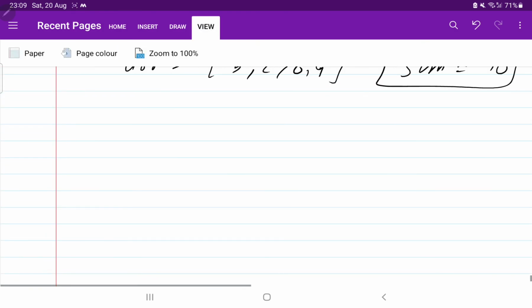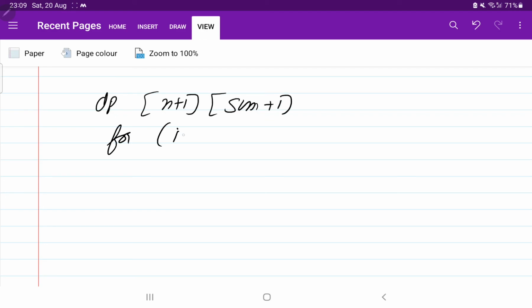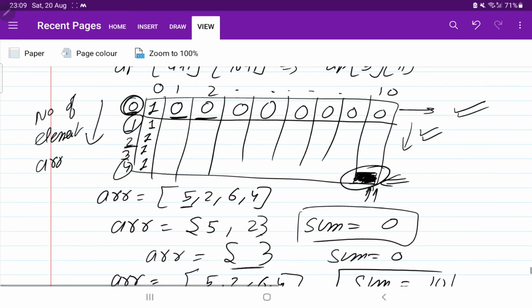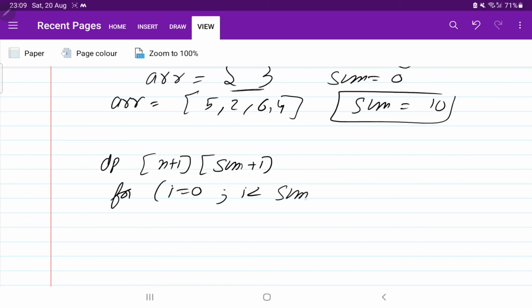Okay, so I'm also going to write the DP solution. First of all, we need to create the DP of n plus 1 and sum plus 1. Then I'm going to use a for loop for i equal to 0, i less than sum plus 1, i plus plus, filling all the columns.